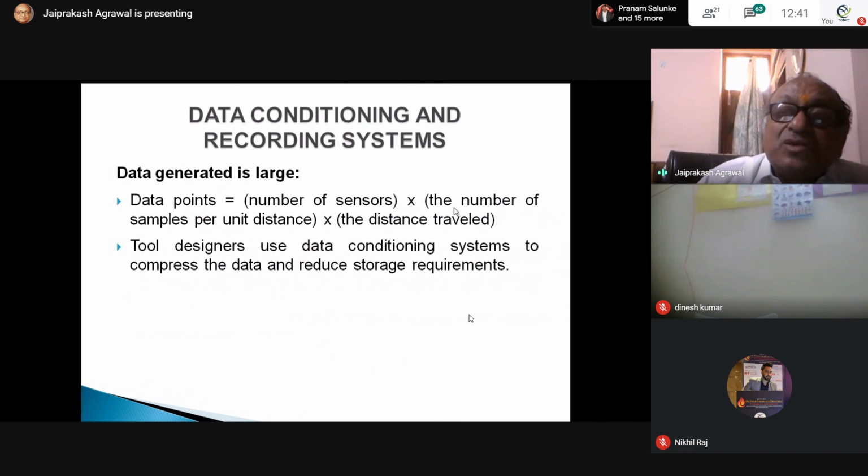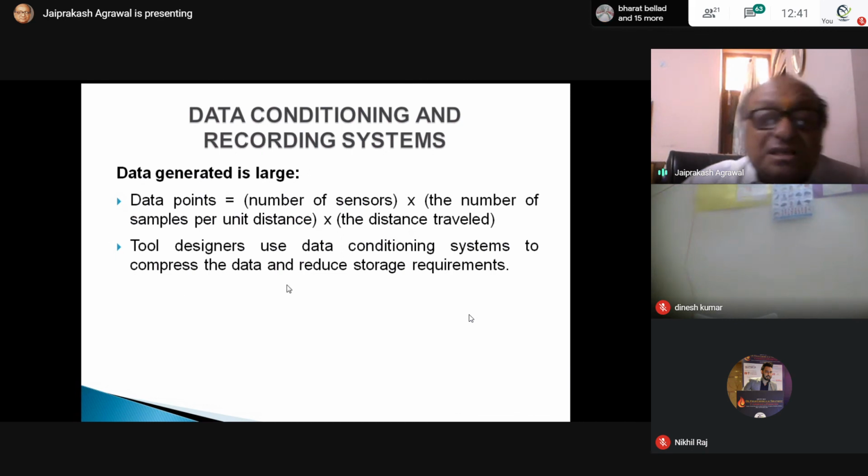It is taking a huge number of samples per unit distance, at each mm. In 1 meter at least 100 samples it is taking. The distance traversed is long. Distance traveled times number of samples times number of sensors is the total data points. This will be millions and millions of data.